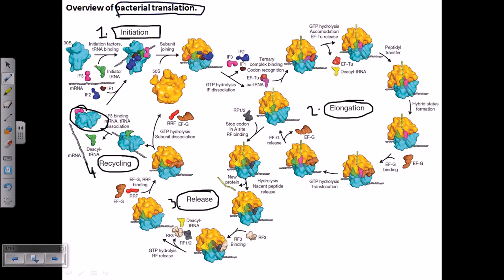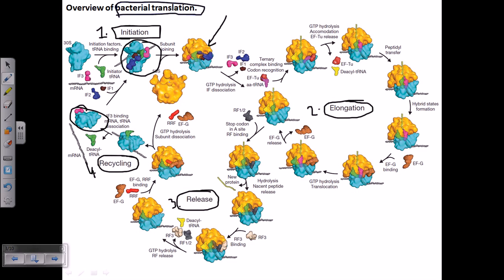After that, it needs to form the attachment with the 50S subunit. Here comes the larger subunit. You can see the larger subunit is free from any initiation factor. The pre-initiation complex is only between the 30S, the different initiation factors, and the mRNA. So if they ask what the pre-initiation complex is, it is only this part. Now the 50S subunit comes and binds with the rest of the 30S complex, and then it forms what is called a translational complex. As this translation complex is formed, it shifts to the elongation stage and starts to synthesize protein.